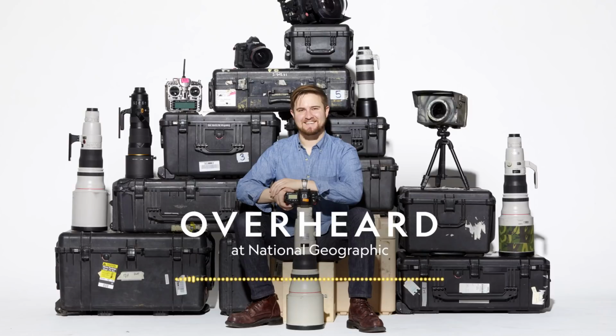For now, that unblinking robot eye sits in Tom's workshop, waiting for its chance to capture beavers like we've never seen them before. But already, Tom is dreaming up new uses for the Beaver Cam. For one, he plans to reuse it with other photographers and other projects beyond beavers. And he also sees some more possibilities to bring beavers to life. So in theory with this, I can now...